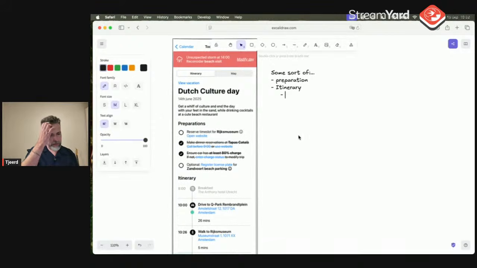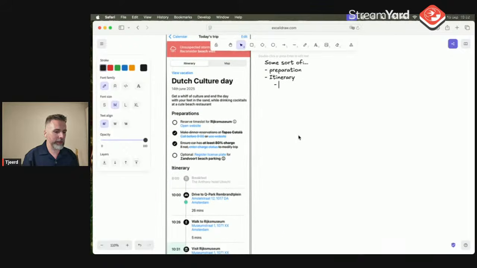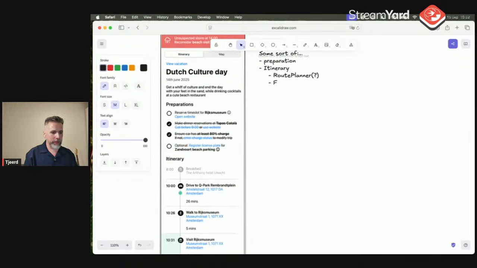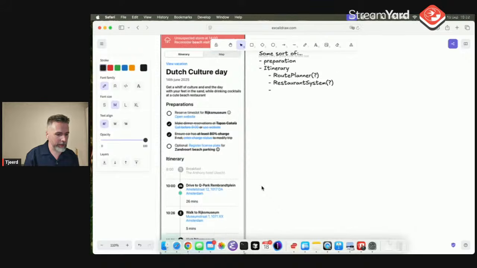So we have some sort of itinerary, but if I look at it, it's not really just a list. It has some sort of route planner inside, and it has some sort of restaurant system. I don't know the names yet, but this is what I do see. We need something like this, right?